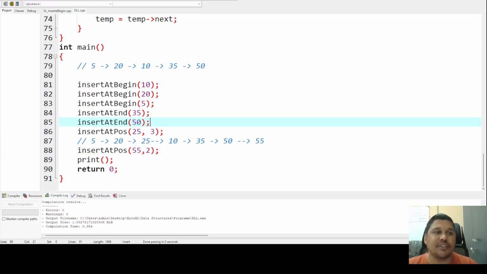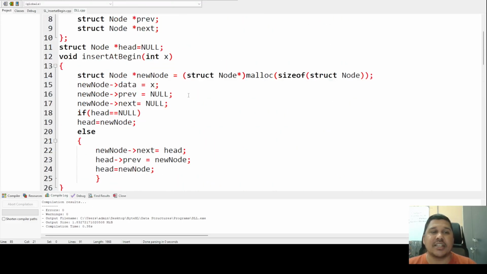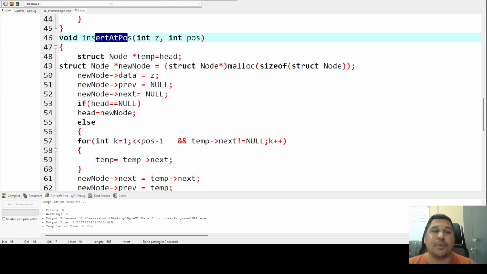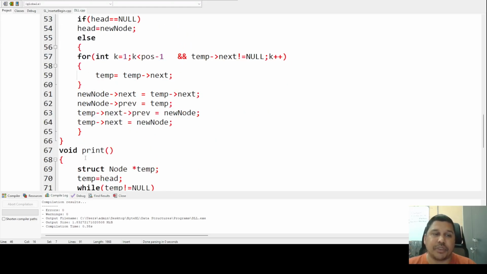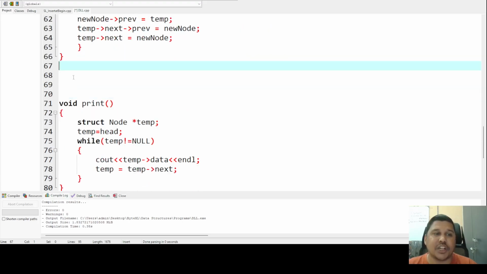See, it is inserting 55 at position 2. So with this we completed 3 functions: insert at begin, insert at end, and insert at any given position. Let's now go and apply the deletion operation. Let's delete the element at the beginning. Let us write a function to delete an element at the beginning. So void delete at begin,